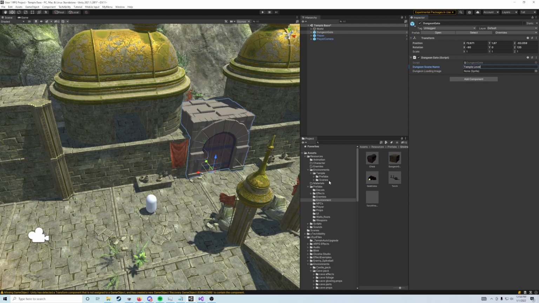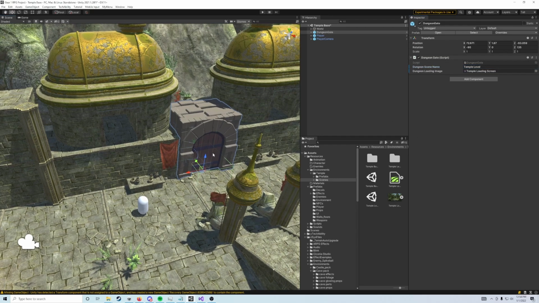And then if I go back to my scenes folder, you'll notice that there is a loading screen here. Mine says temple loading screen again. If you're in the alien one, you'll say alien loading screen. We're going to drag that loading screen up where it says dungeon loading image. And that's just going to pop up with an image on our screens when we change scenes so that we're not just standing there waiting for it to take us to the next scene. Once you've got that done, go ahead and save this scene,